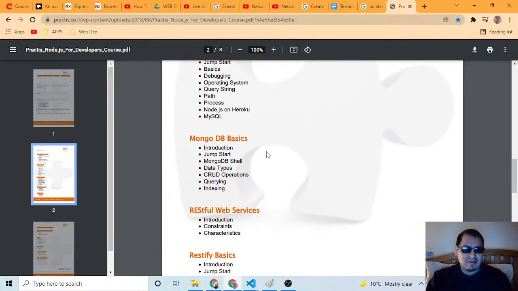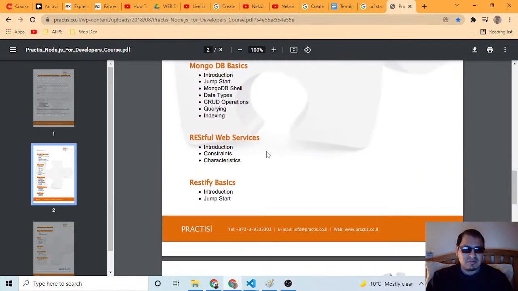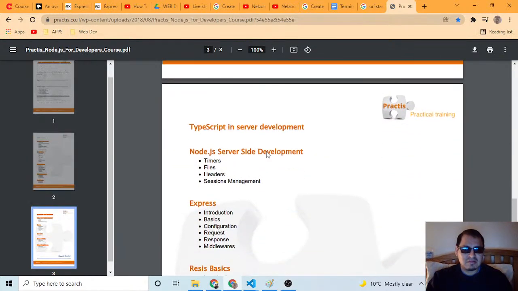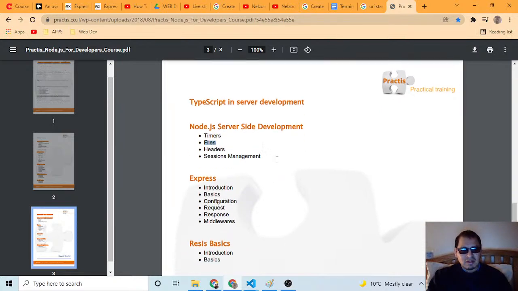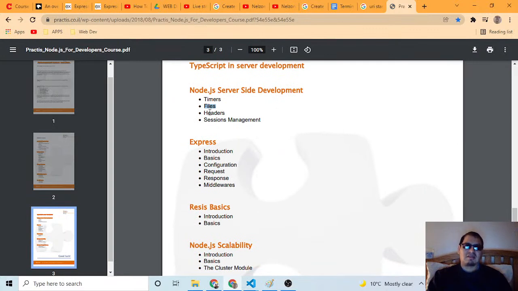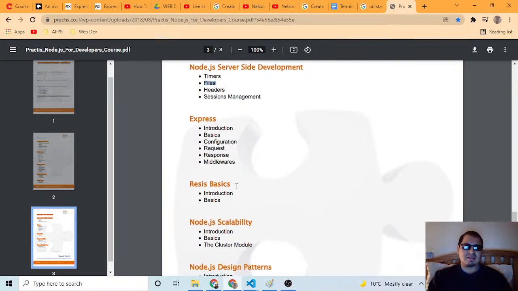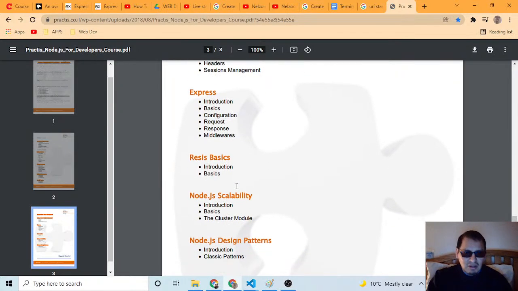Okay. What is RESTful? I don't know. Timers, files. Files is good. Files, header, session management. Okay. Probably I like this. And then Express, basic configuration, request response, middleware. I did that. Okay, so today we can do